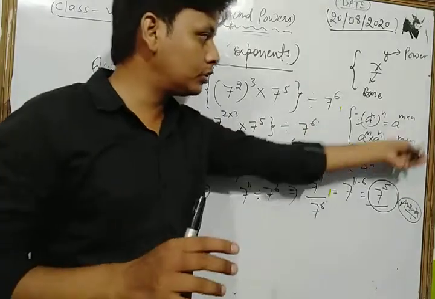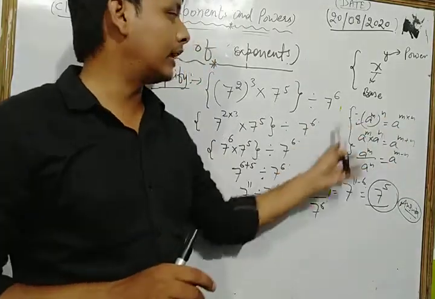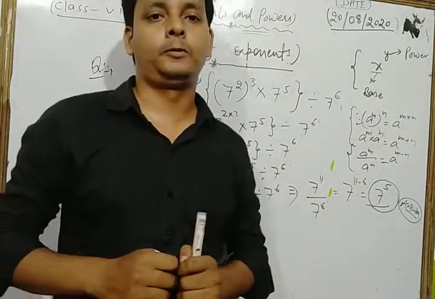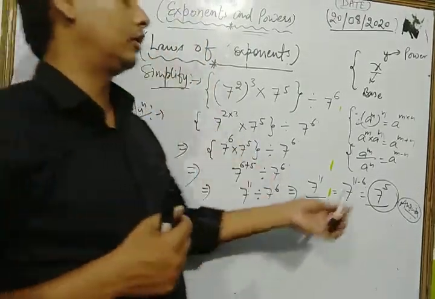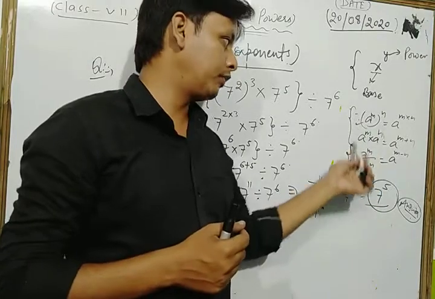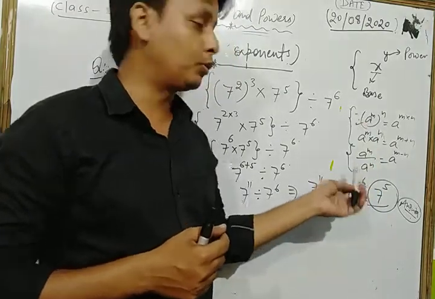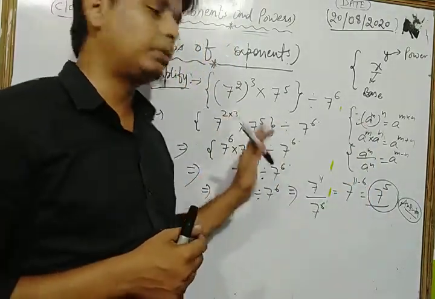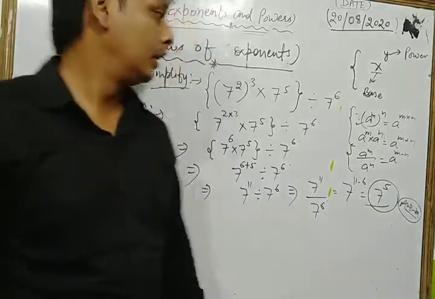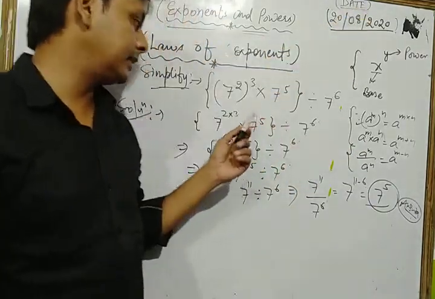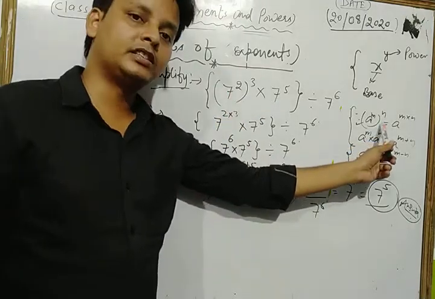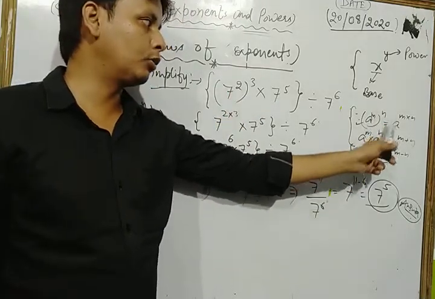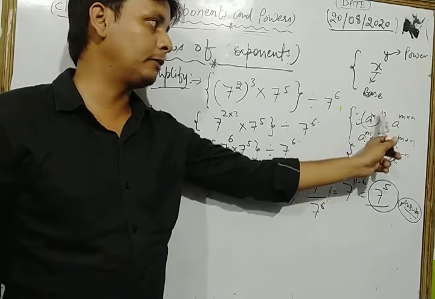So dear students, all of you use these laws of exponents very carefully. First you observe the question and decide which formula, which law of exponents, applies in a particular place. First of all, let's revise the question once more. Here, dear student, first we use the law that (a to the power m) to the whole power n is a to the power m into n.